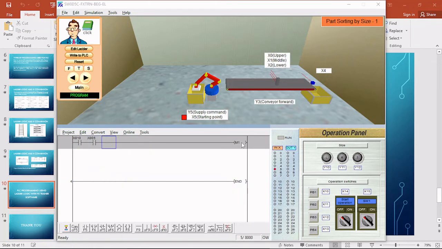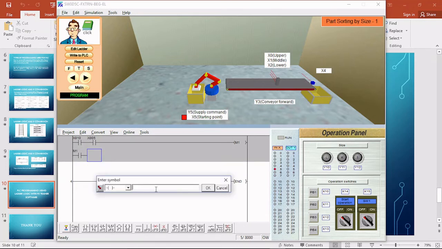So X5 into M1. M1 will now be my input device for Y5, because I can't actually start Y5 with my push button. That's why I'm using a relay with it. So this is my Y5. So convert that